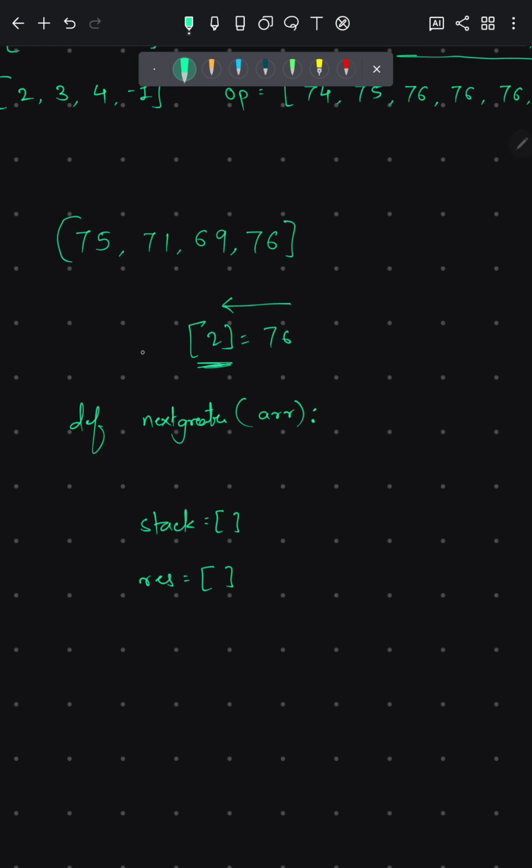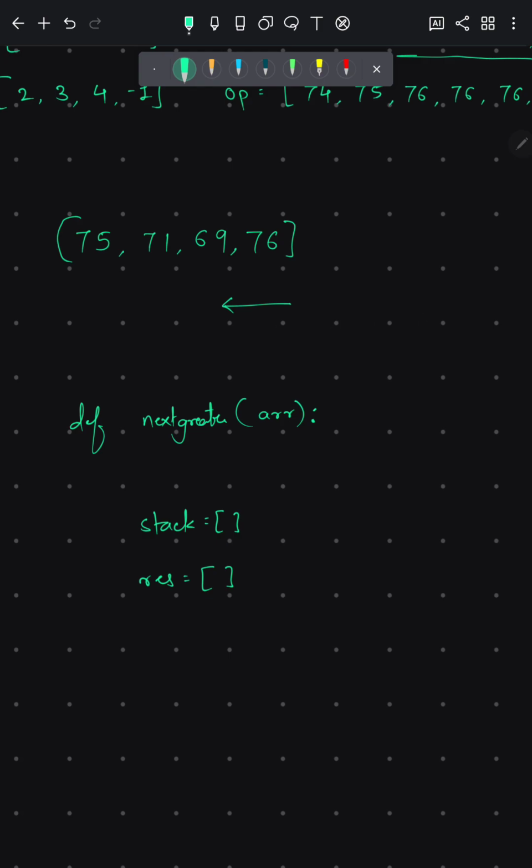So there must be an element at index 2 in the array, otherwise it will give an index error if we keep it like this, because it won't find result of 2. There is no index 2 for now.